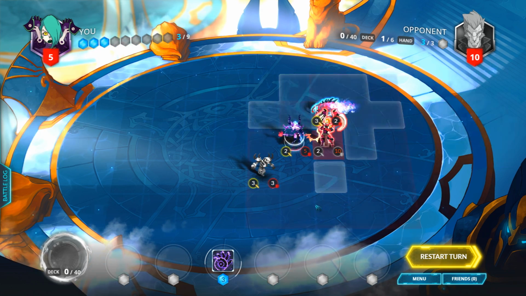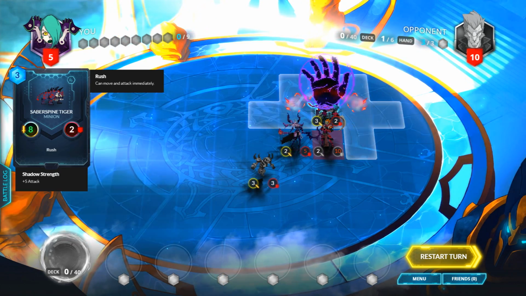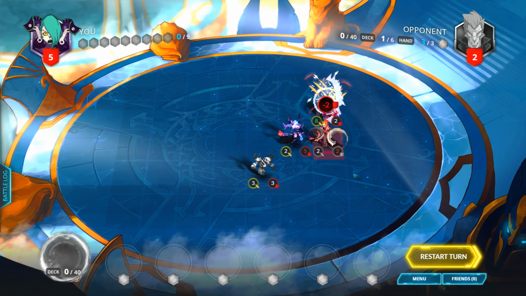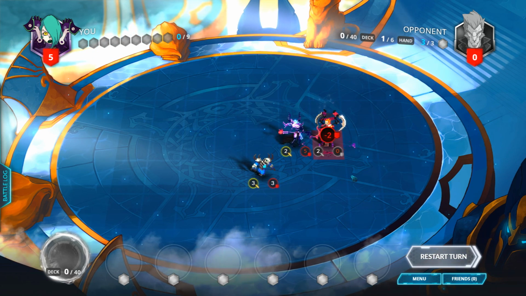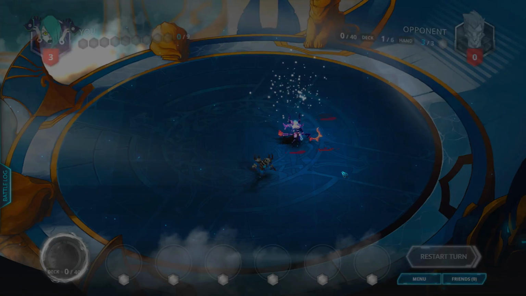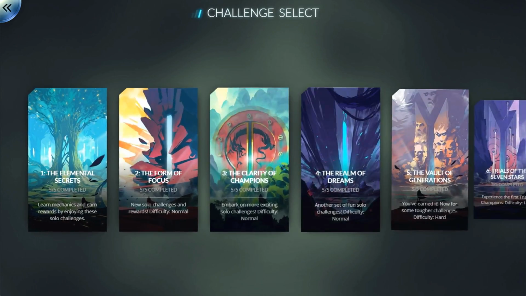Doesn't matter where we drop him as long as it's close enough to the hero to hit him. And we'll give him +3 attack, boosting him up to 8, and we shall just finish him off. Boom and boom. Problem solved. The next challenge, as soon as we get out of here, is going to be, if I remember